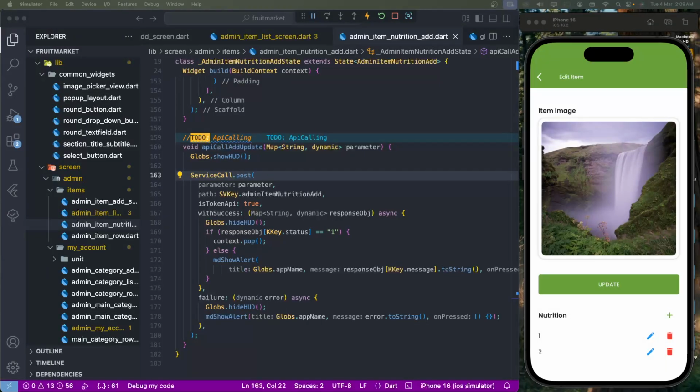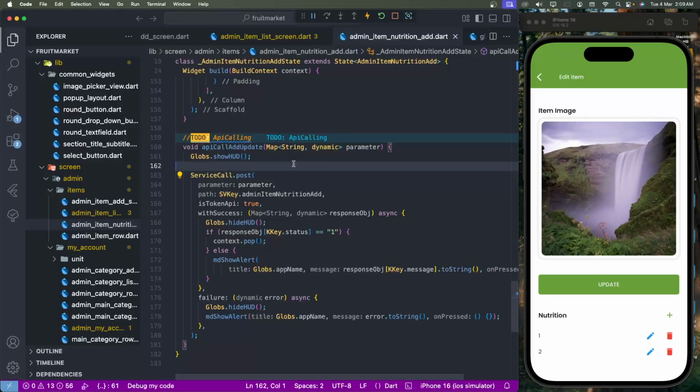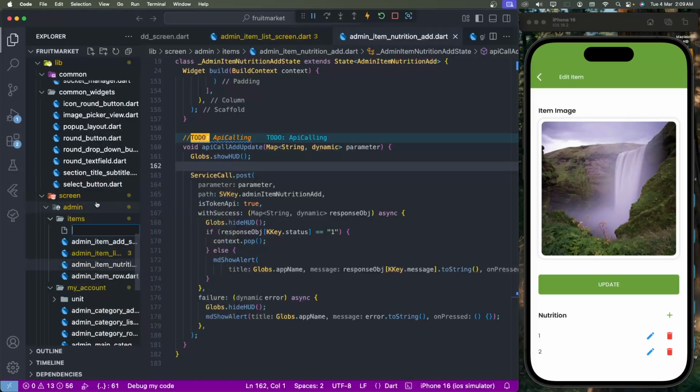Fruit market admin users need the nutrition edit screen developed, and we also need to call the update API. First of all, we need to create the screens. Now we need to give the new file a name and write down admin